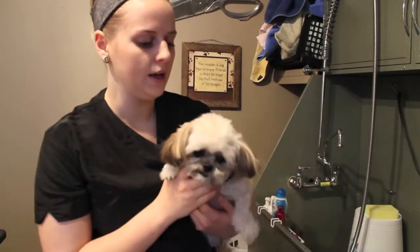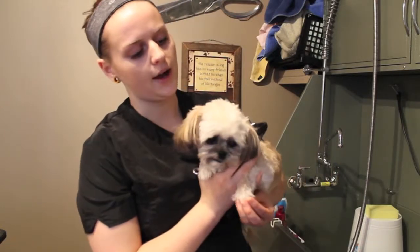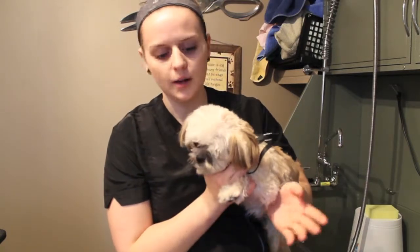So for the bathing process, before I actually get her in the tub, because she does like to squirm a little bit, I'll mainly tell you, bathing is pretty simple, just wet them thoroughly. I usually do the anal glands right after they're wet, before the shampoo, because you wouldn't want to dirty her clean fur. So wet them down, then you'll express the anal glands, then you get your shampoo, lather her up